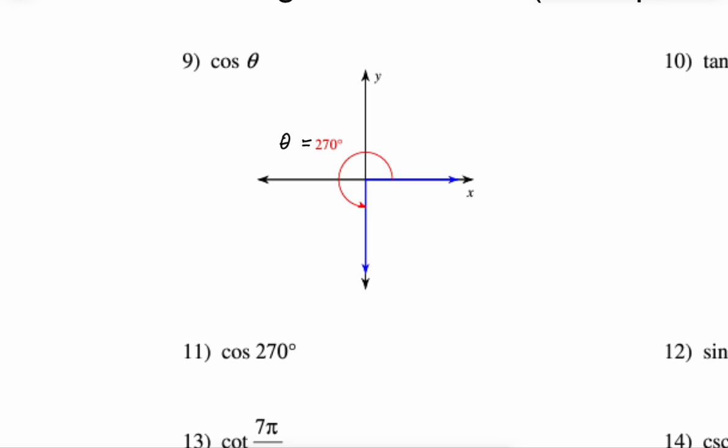Now, what we need to know if we are looking at 270 is that the point on the unit circle for 270 is 0, -1. And if we know that, then we know that our x is the cosine value. So the answer to this is 0. So that's all they're looking for number 9,